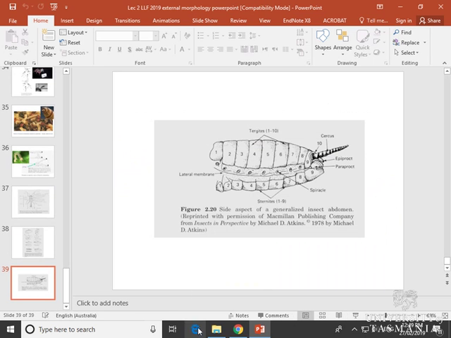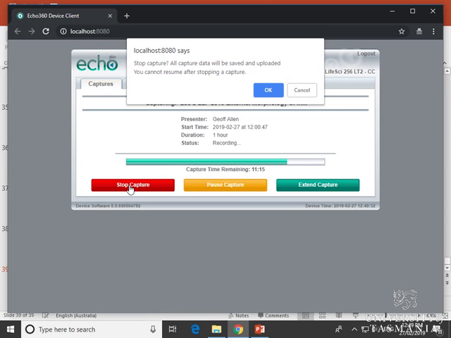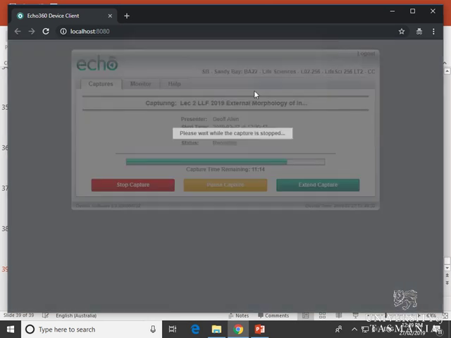Okay, I'll finish that one up for you by putting it to stop capture. Now, with the labs, you should have